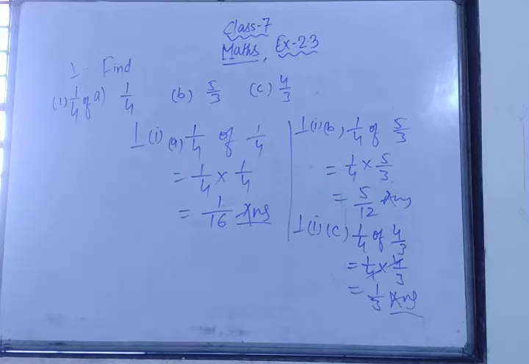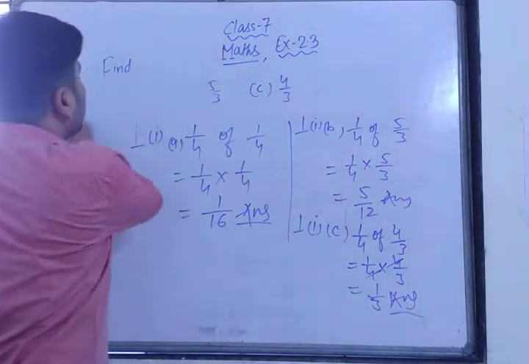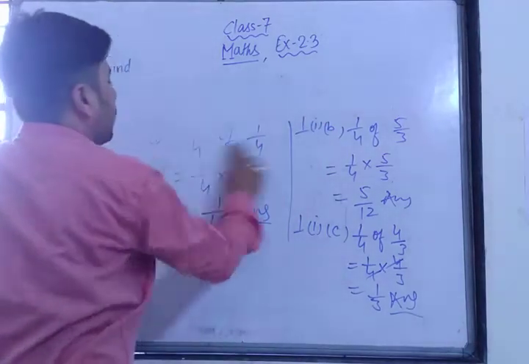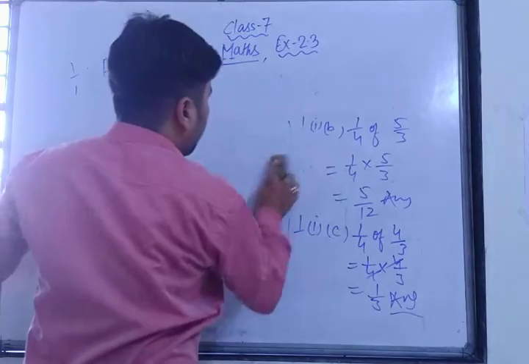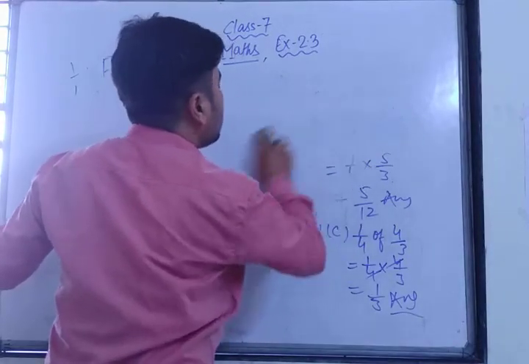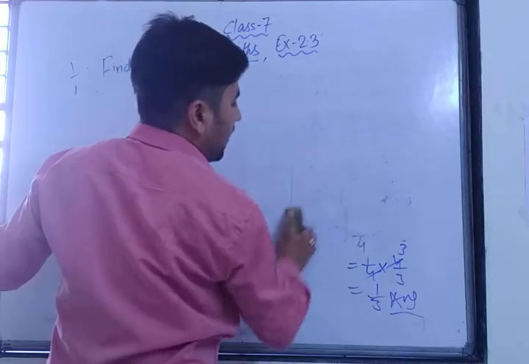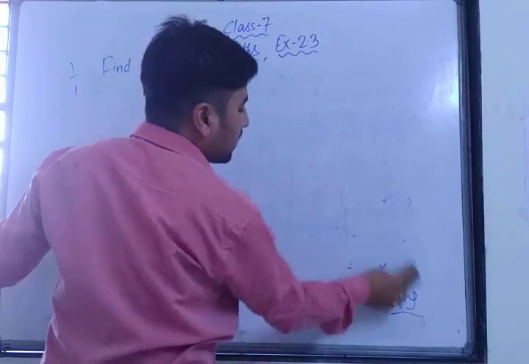Now we will move towards the second part of the question. All of you have written, or you can take a screenshot also. If you don't want to write, then you can take a screenshot. Now we are moving towards the question number 2. Question number 2 is 1 by 7 of, as we have seen in question number 1, it was 1 by 4 of. Now we have to do 1 by 7 of. How will we do 1 by 7 of? It is just similar. Of means multiply. As the numbers are given in the question, we have to just multiply.